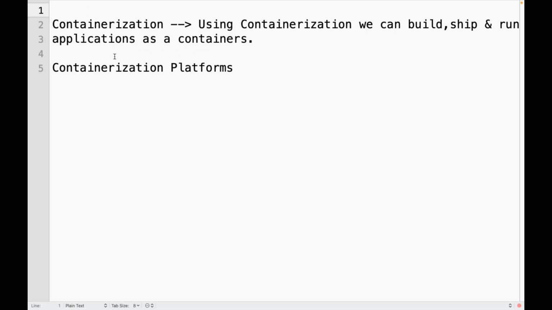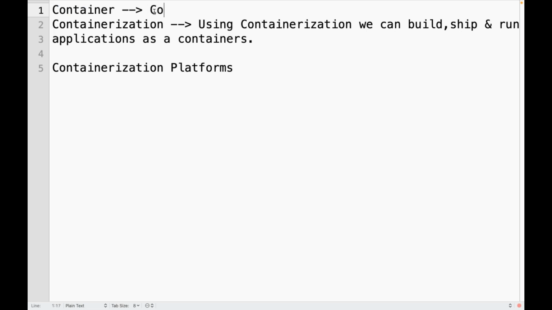So what is a container first? What is a container in terms of IT, in terms of software? I can say container or application container.